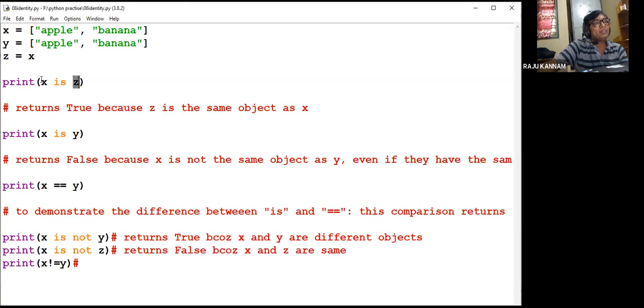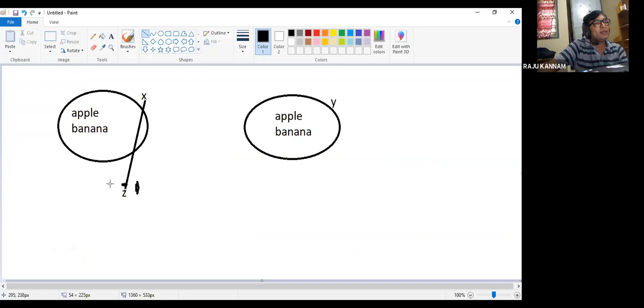That means, if the x object and z object are the same, yes or no? x and z are the same object, because z doesn't have any separate memory location, it is pointing to the same memory location. Here x and y are not sharing a memory location: x is at the location where apple and banana were saved, and y has a separate memory location where the same values are stored, right?